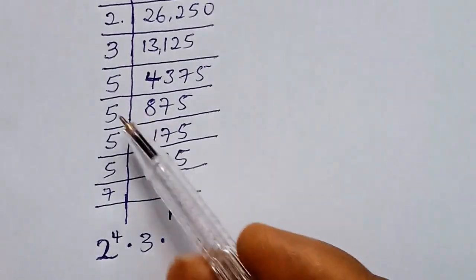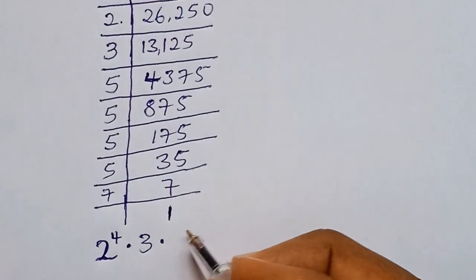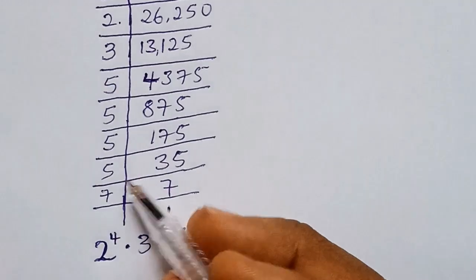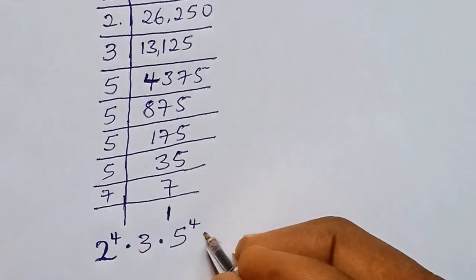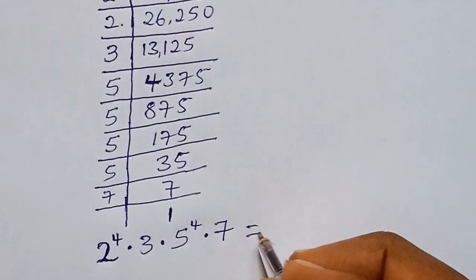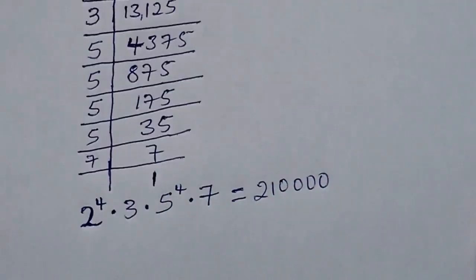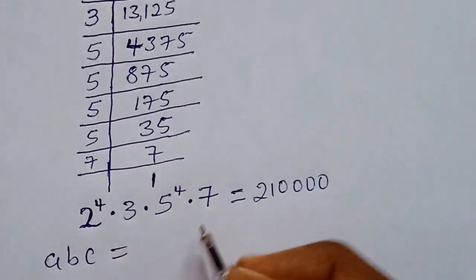Multiply by 5 appears 4 times, so I'll have 5 power 4. Likewise, I have 7. Multiply by 7. All these are equal to 210,000. So I can now say that ABC equals